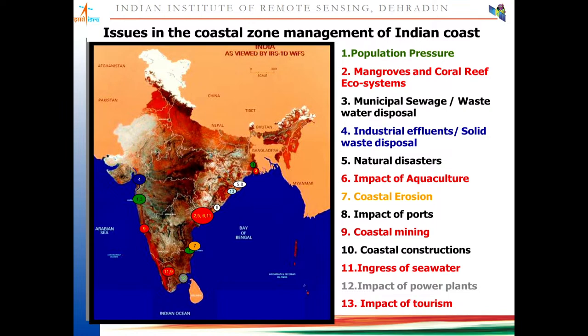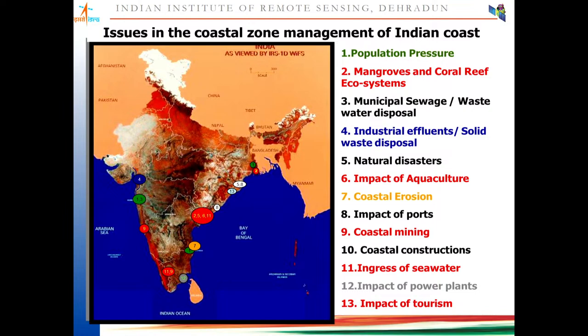There are natural reasons. There may be a cyclone. There may be a tsunami. Global warming is happening, which is also an anthropogenic activity, along with the cutting of mangroves and destruction of the coral reef because of global warming. And there is industrial effluence. So there are lots of reasons, both natural and man-made, which are declining the mangroves and the